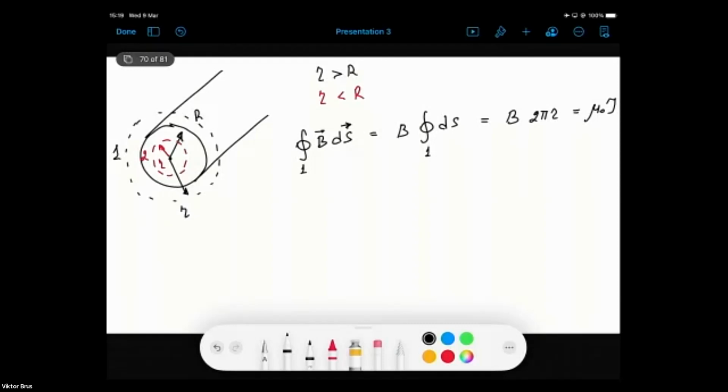So let us show it here. There is some current which flows through this conductor. If we solve now this equation for magnetic field, it will be mu naught times I divided by 2 pi r,